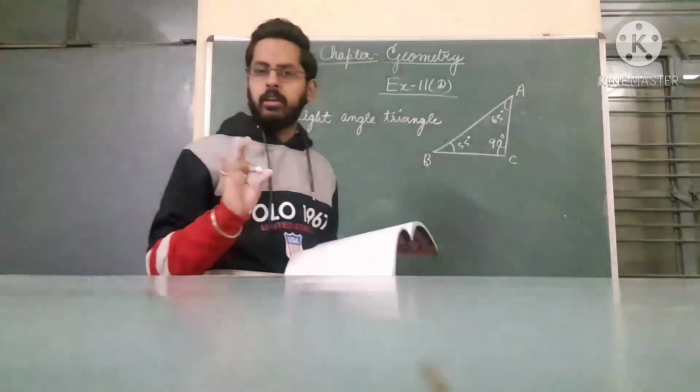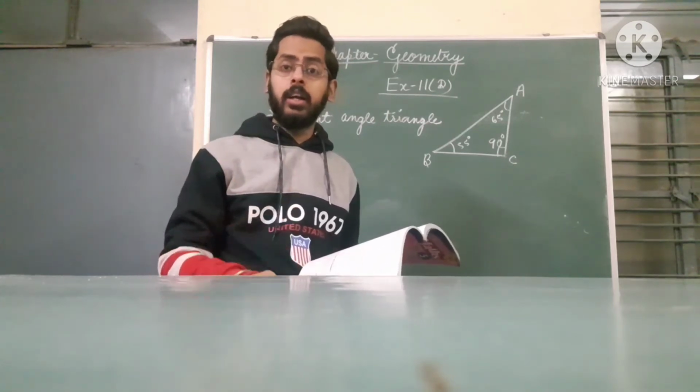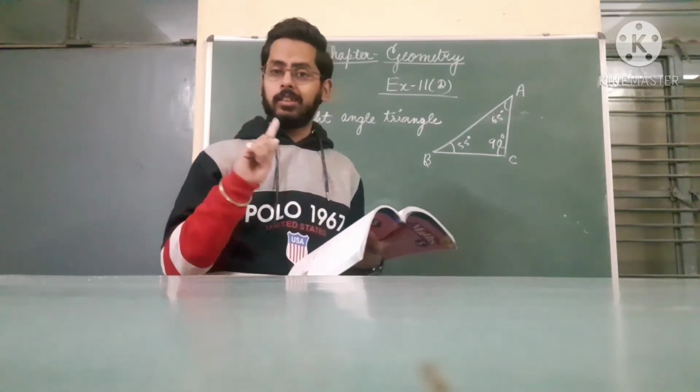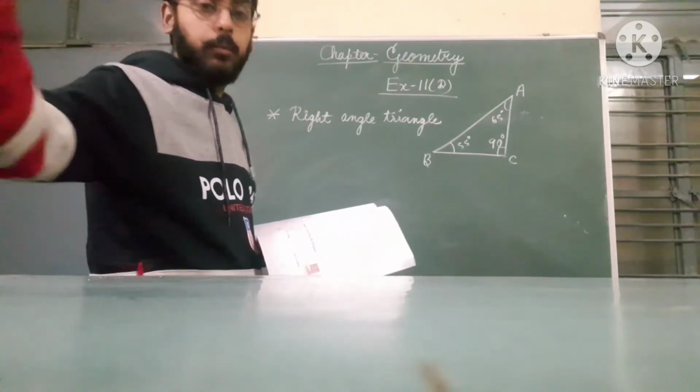Any one of the angles will be 90 degrees, that will be a right angle triangle. An acute angle triangle is one in which every angle is less than 90 degrees, and if any one of the angles is greater than 90 degrees, then it will be called an obtuse angle triangle. Is it clear, students? Now I am going to show